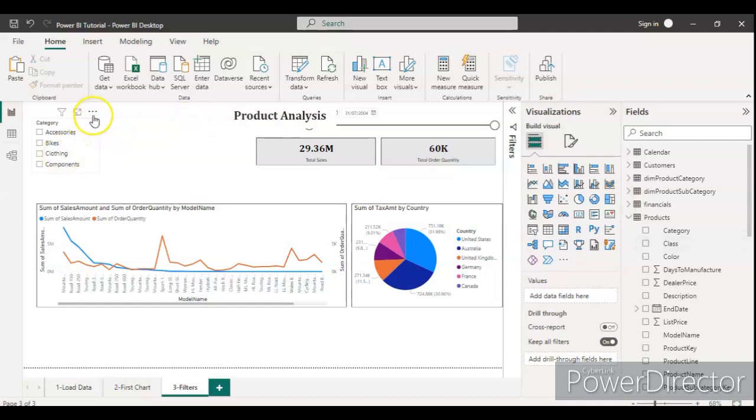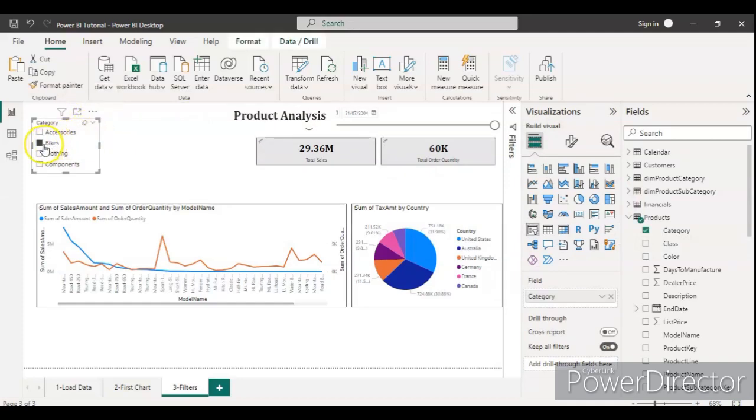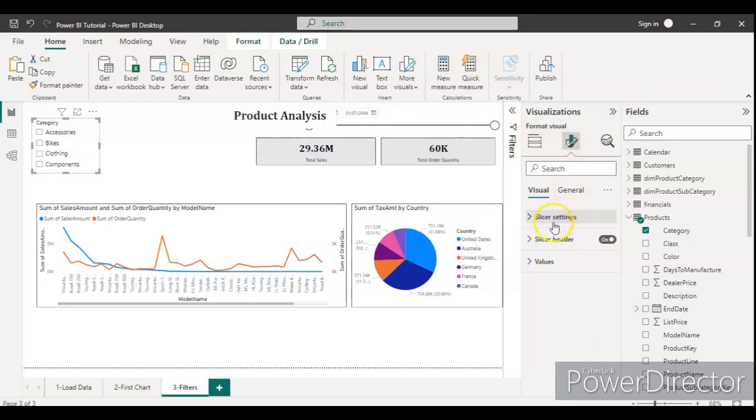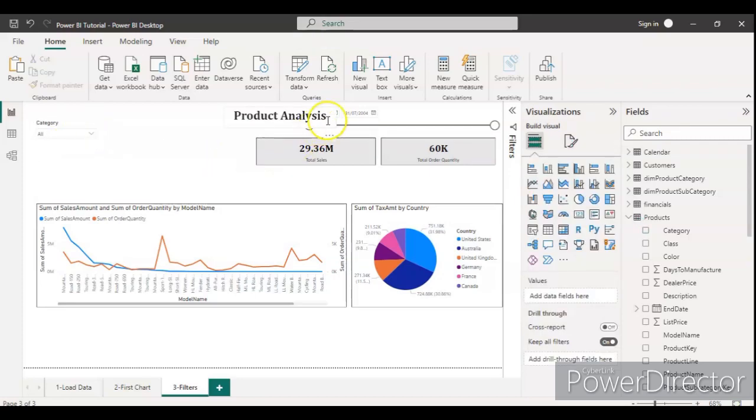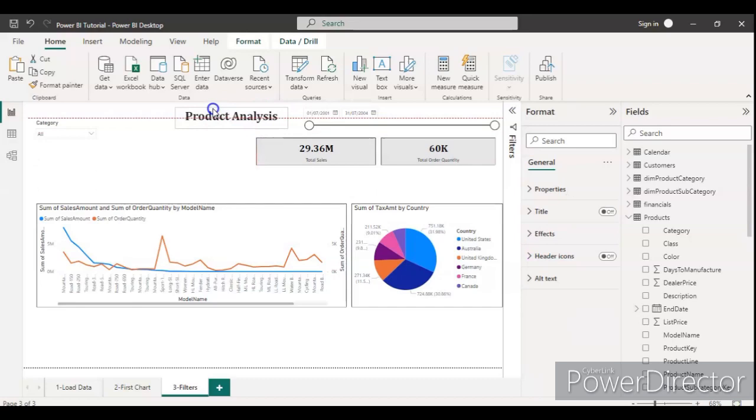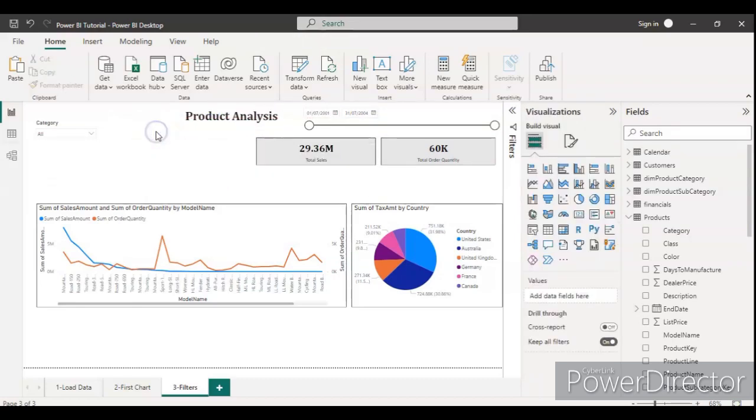Okay, and let's do some formatting for this also. Okay, so select this, go to the format, slicer setting, let's make it a drop down. Okay, so something like a drop down. You can go here, you can select any one of them. So it's a drop down, and let's see whether it's working or not. So let's make this to here. Okay, so right now we have selected by default